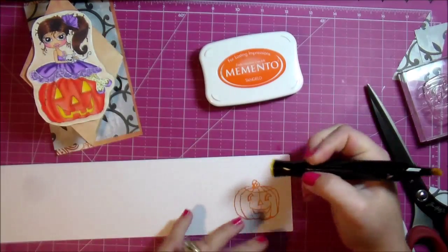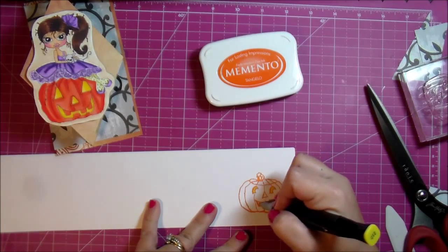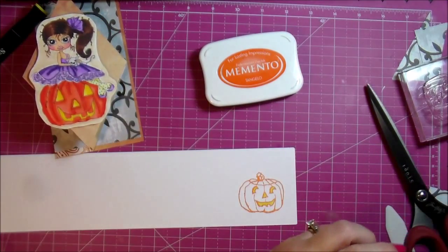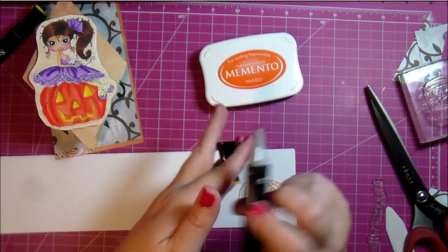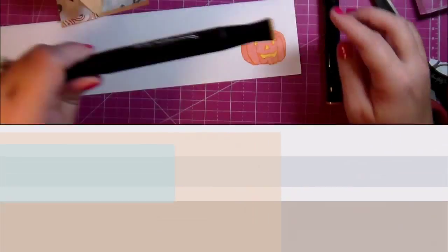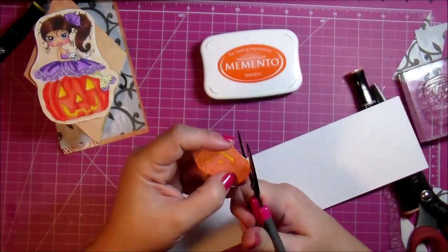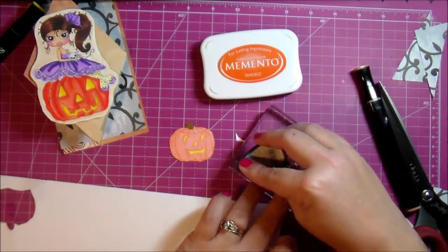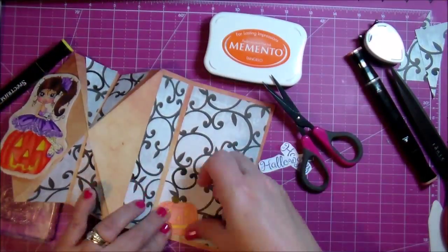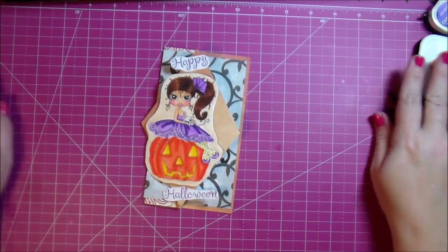So it was CT2, and I'm just going to go ahead and color in his eyes, and we'll do the mouth and the nose. And then I'm going to go ahead and take OR1, orange 1. Very easy to do. We have our Happy Halloween